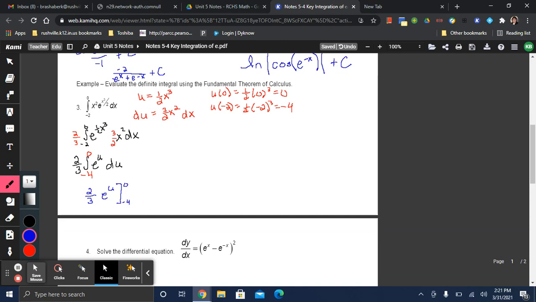So I'll be plugging those values in, and you can put the 2/3 in or outside of the e to the u. So if I continue on up here, I'll have 2/3, and then evaluate e. Remember, you put the top in first, e to the 0 minus e to the -4 power,